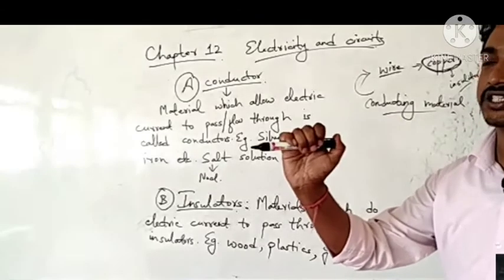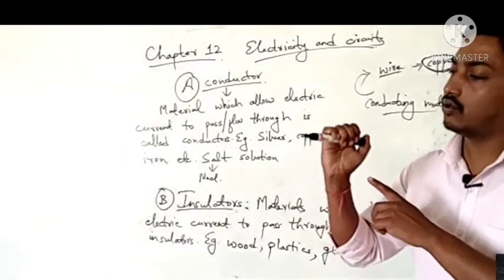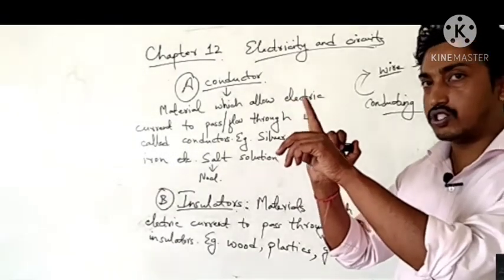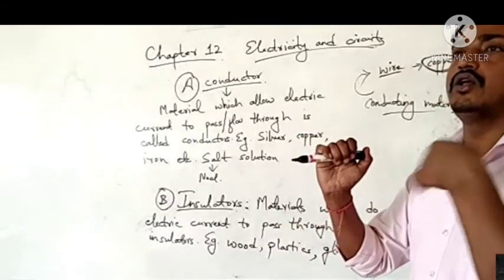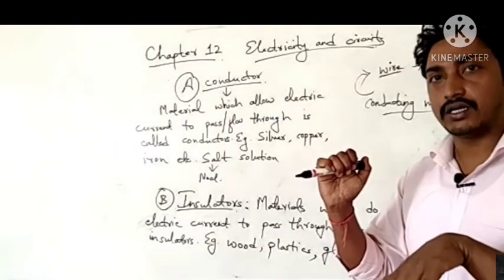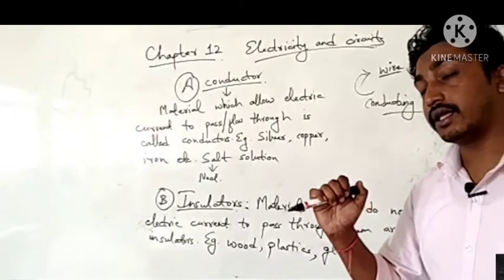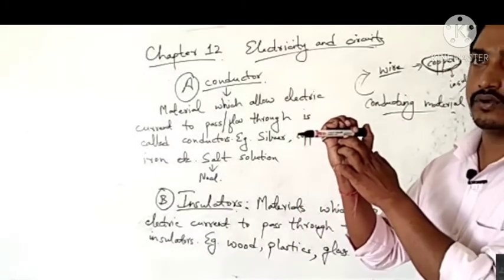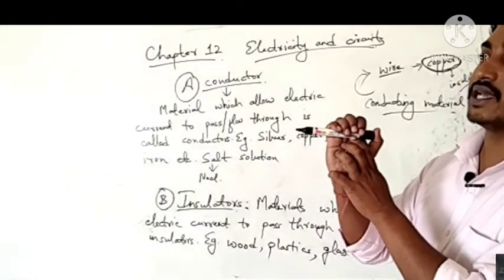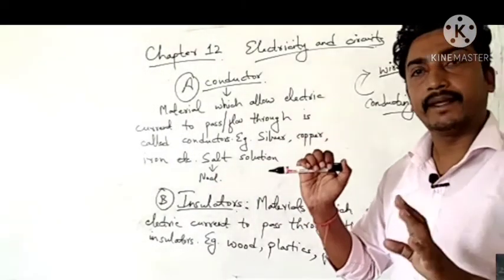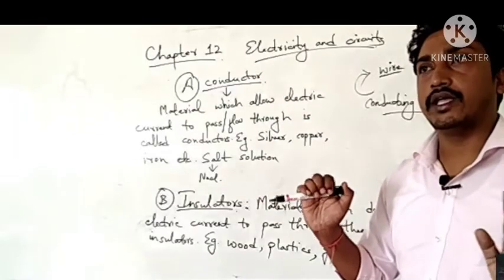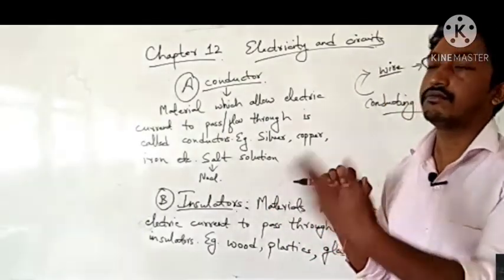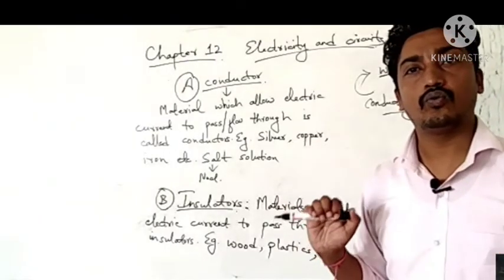If you put that tester in the socket and switch it on, so that we can know the current is passing through it, there is a small bulb. If the bulb glows, we can say that the socket is okay, it is working. But if the bulb doesn't glow, then we can say it's not working.